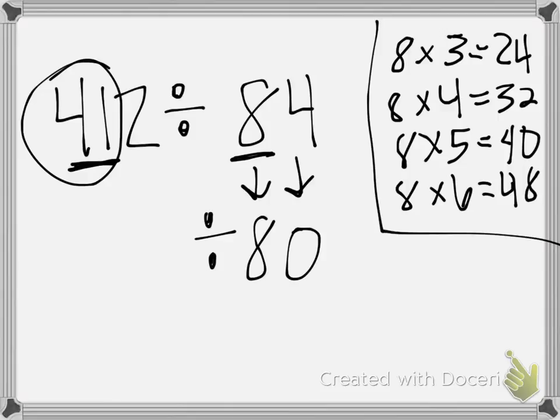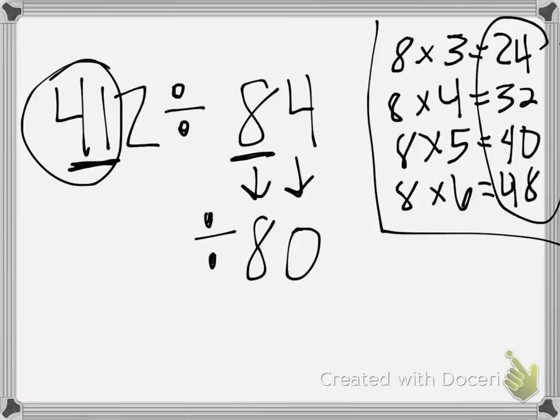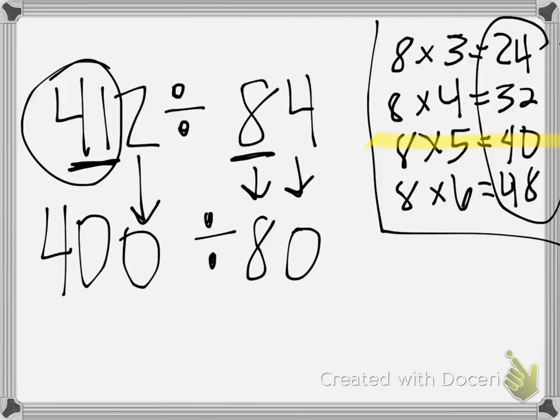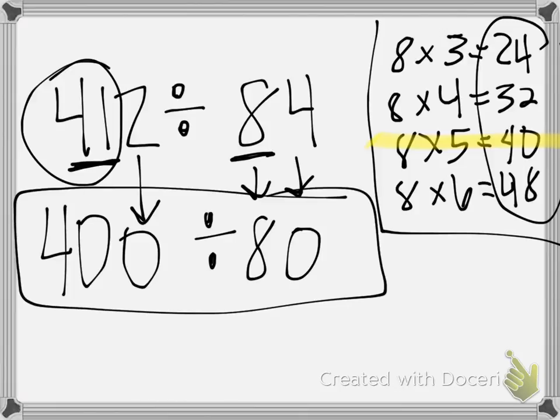So over here I have my times tables. I have 8 times 3, 8 times 4, 8 times 5, and 8 times 6. So which one of these answers are close to 41? Yes, 8 times 5 is 40. So let's go ahead and switch this to 40 and switch the 2 to a 0. Now this makes this problem a heck of a lot easier. So we ask ourselves,